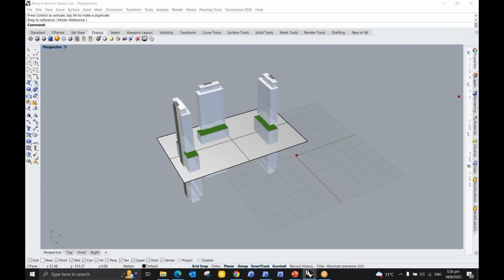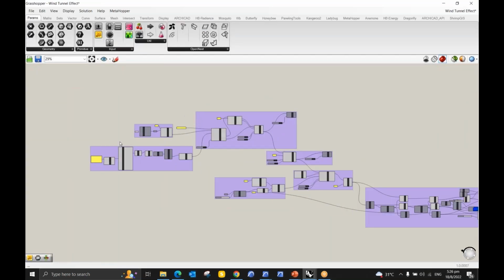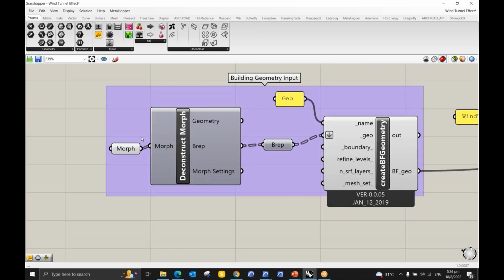So here is my script. Let me just zoom out. I'll just go portion by portion. The first one is where I'm choosing the morph from my Archicad. For establishing the connection with Rhino-Grasshopper, you can go to